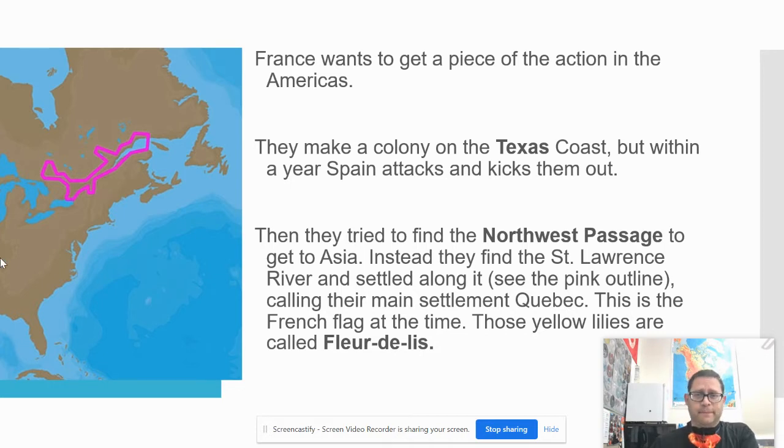So this is the area that they settle in, and the main place that they settle down here is a place called Quebec, which is along this river, right near the lake. Pretty much as easy to get to the lake as it is to the Atlantic Ocean. They put it in the middle, and they named that settlement Quebec. We would pronounce it Quebec, but they can pronounce it Quebec because they are French. And that is sort of the capital of their new area, of their colony in North America, Quebec.